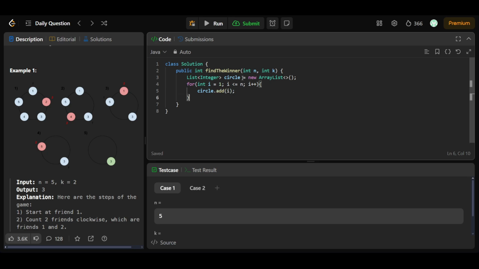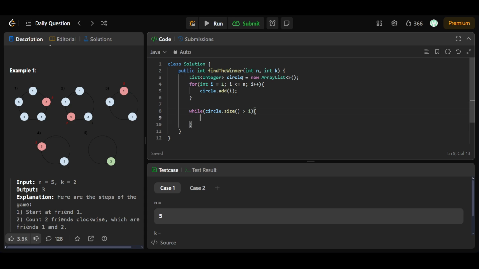i. Now, while my circle dot size is greater than 1, let's have a variable index also to keep track of which person we have to remove. The index is currently 0, so we are starting from index 0, where the person is 1. Now we'll have the next index we have to remove, that is nextIndex, that will be equal to my current index plus k minus 1, to make it 1-based indexing, mod